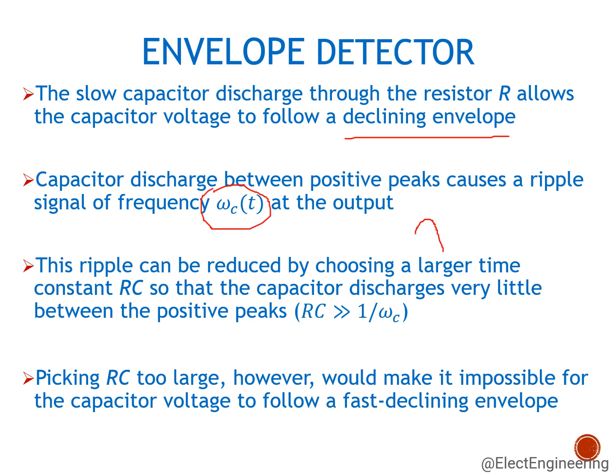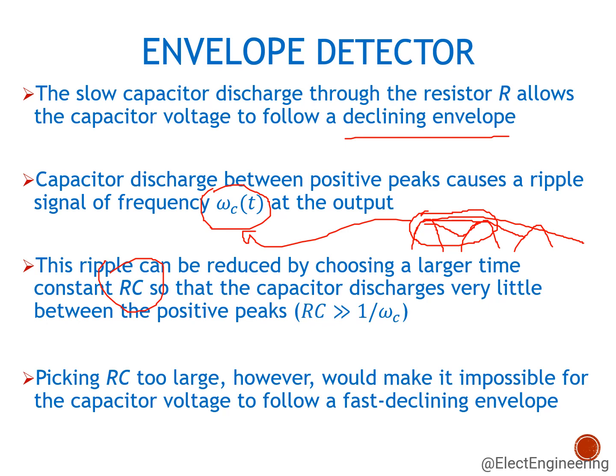So we saw that because there are positive peaks in the AM signal, the capacitor discharges in this way, right? So there are these ripples in the output voltage, and of course those ripples have the same frequency as the incoming AM signal. This ripple can be reduced by choosing a larger value of RC time constant, so the capacitor will discharge slowly, but we have to make sure that this time constant is not very large, so that it at least follows the overall variations in the envelope, which are much slower than the variations in the